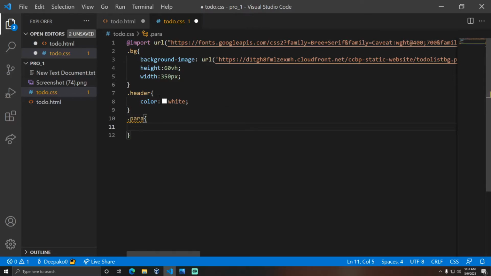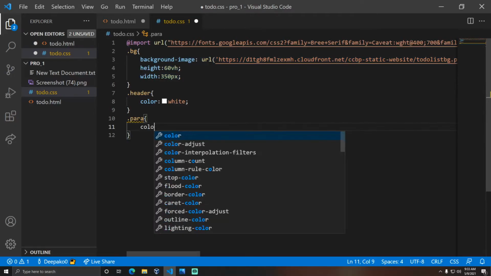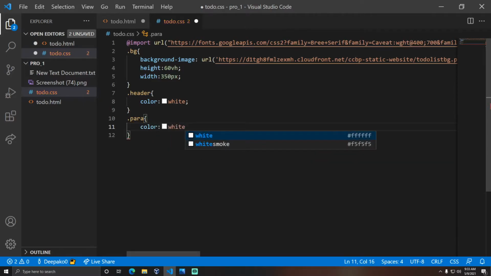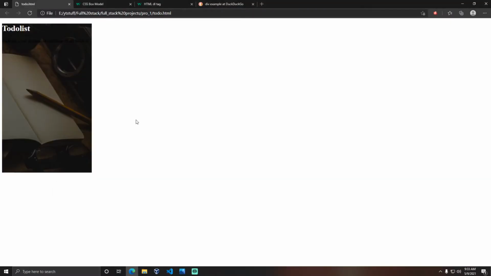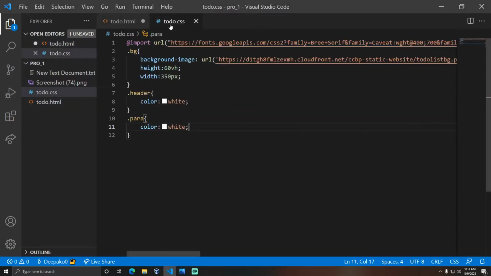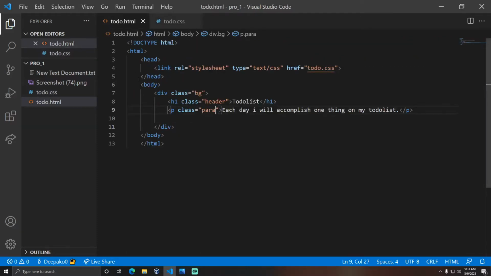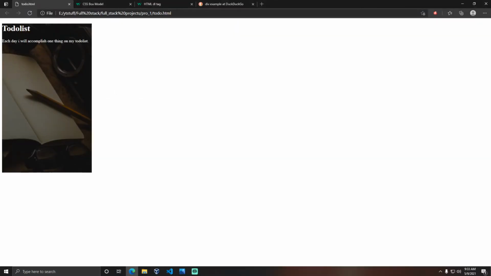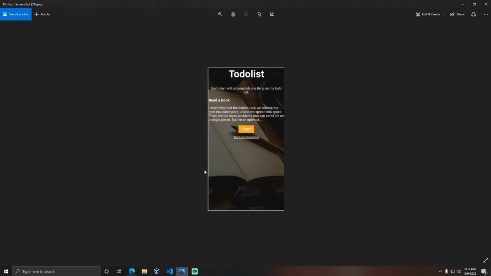The block from line number 2 to line number 6 is known as a rule set, and here you write a rule set for the para. Let me say color equal to white. Color white. Okay, I didn't save this. Wait a minute. See, now we got the design exactly.